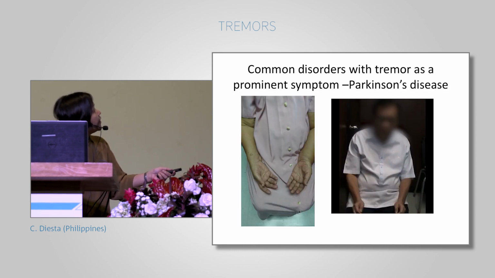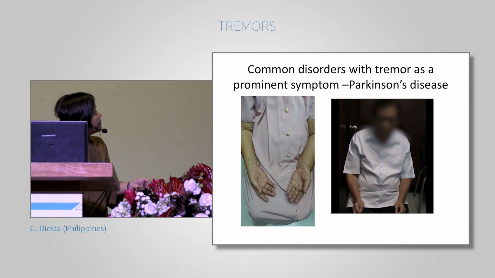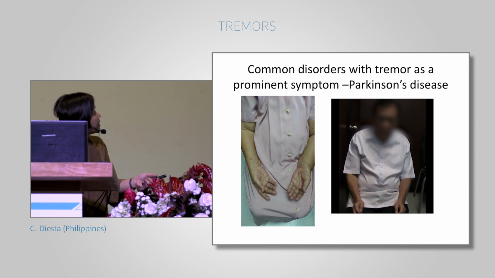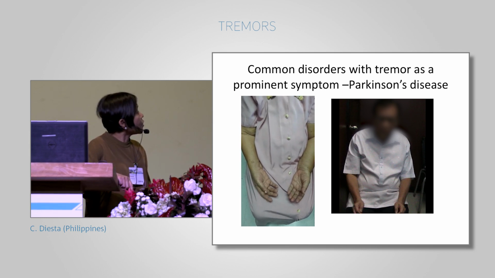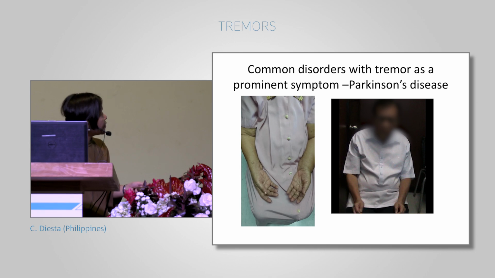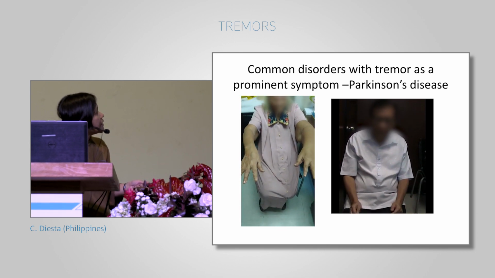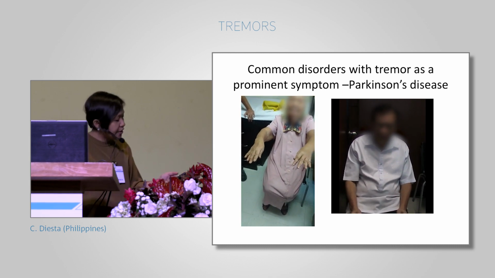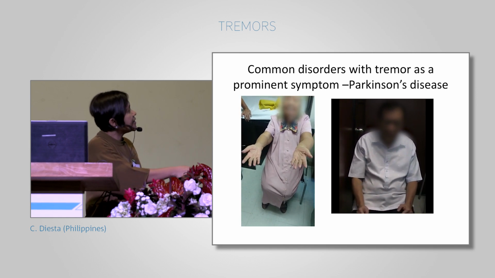Okay, so we have here Parkinson's tremors. Okay, the typical pill rolling flexion of the thumb over the digits. So we know that we have to look for the other signs of Parkinson's or Parkinsonism. The tremors can occur from this mild kind of tremor to this severe tremor. But notice here that even if it is so severe already, there is still that